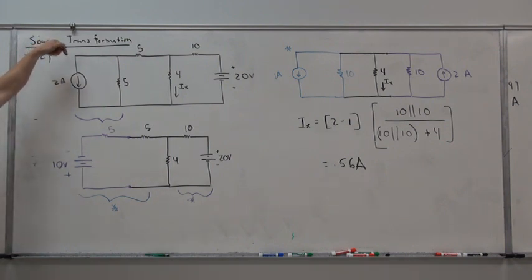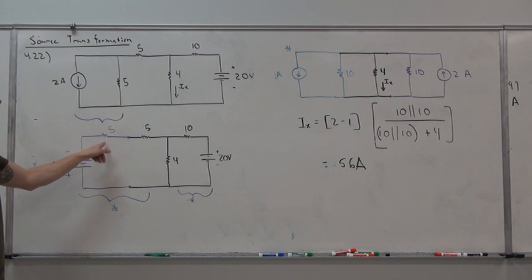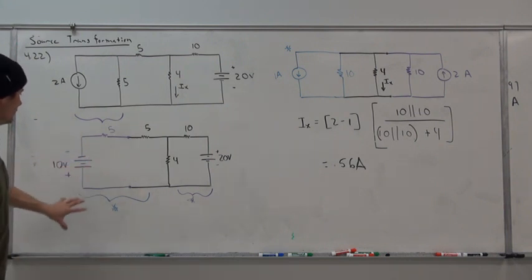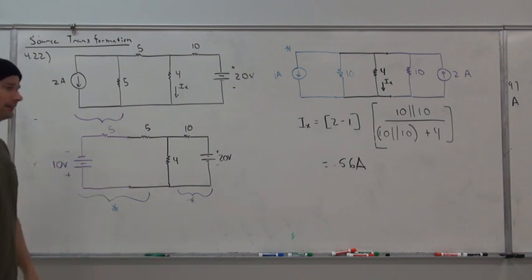The current source is actually pointing downwards, which means that current would leave downwards by the pointing of that direction of that arrow. But by passive sign convention, we have to make sure that that polarity is orientated in such a way that that current would be leaving the positive terminal of our voltage source. So therefore we put the 5 ohm resistor in series, and that causes the other 5 ohm resistor to also become in series here. Now, as we are looking at the circuit, it's still not in a manner that we